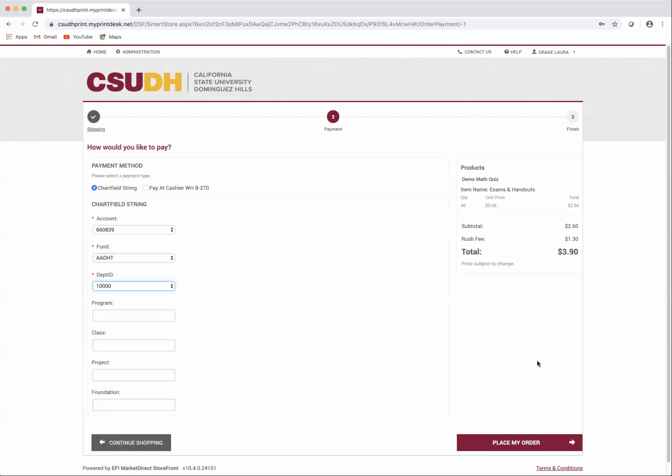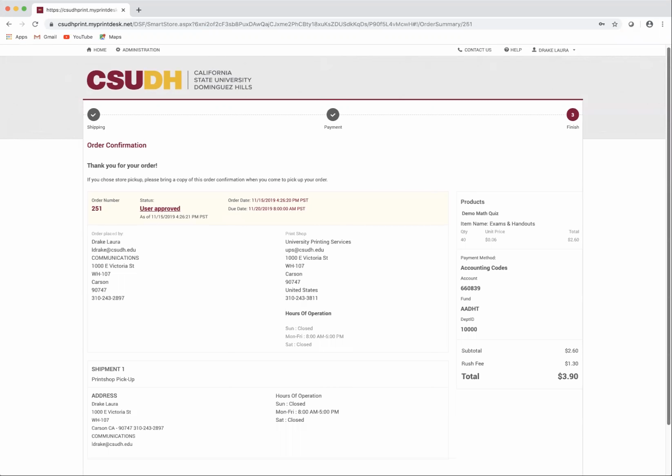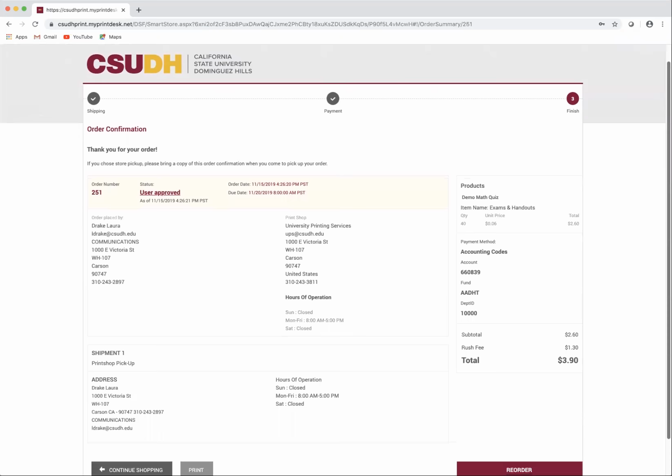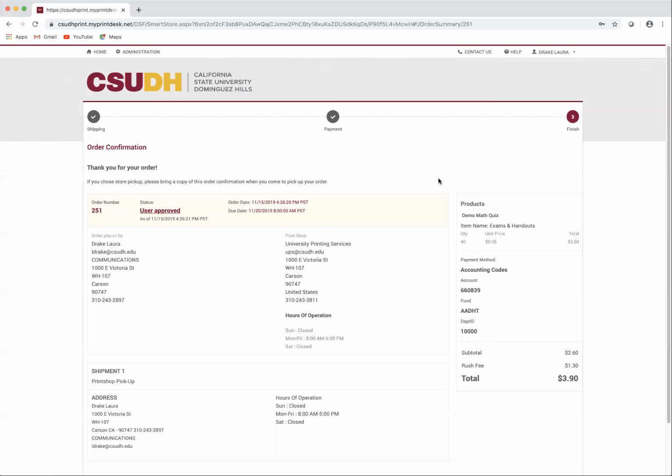If that looks correct, I can place my order, and it's going to give me an order confirmation. I'm also going to receive an order confirmation to my email, and I will receive an invoice. The invoice might take a little bit longer to come through because it has to be manually checked by someone in University Printing Services. So I hope this tutorial was helpful,